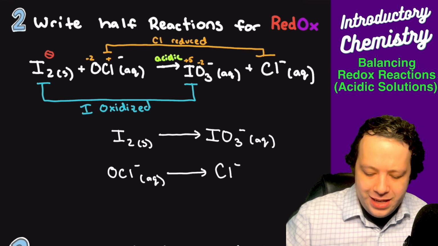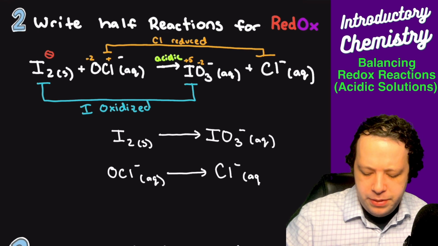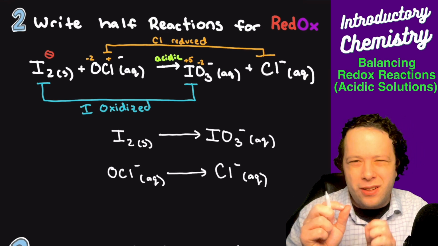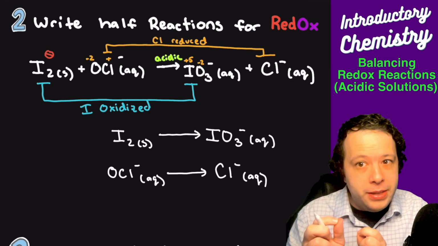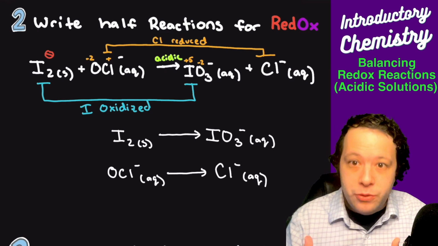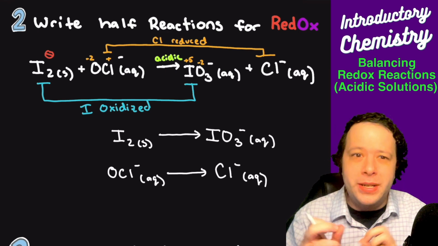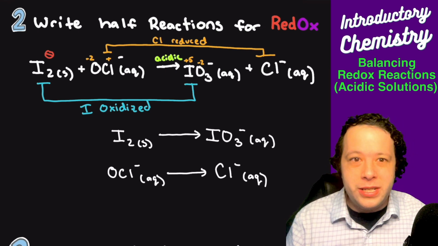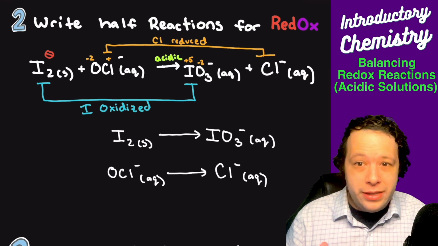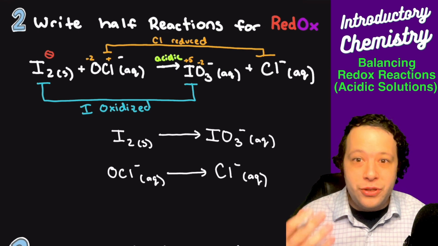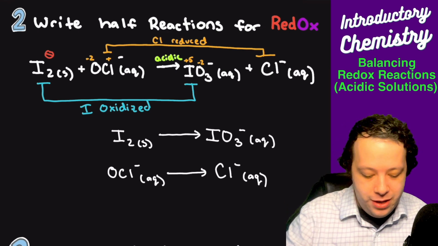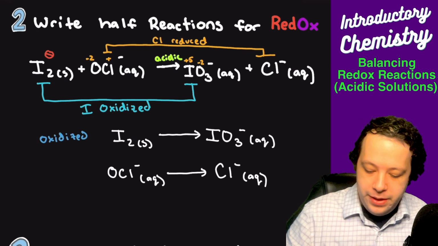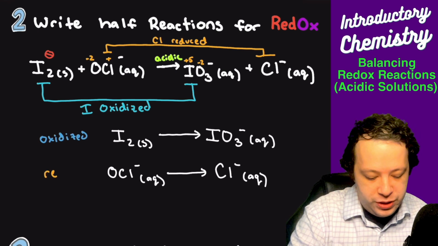For this part, you could potentially ignore labeling things that are oxidized and reduced, because it's all about which ones are matching the best. But it's always safe to label everything to make sure you match it correctly, especially if you're relatively new to oxidation reduction. Generally, these problems always ask you to label everything, so you should write down each of the different pairs. Okay, so we have our oxidized pair, and then we have our reduced pair.